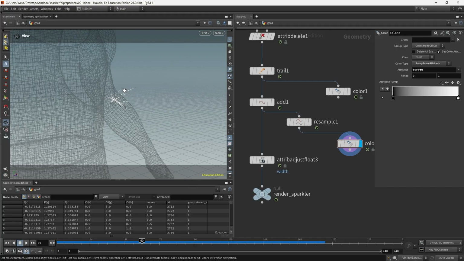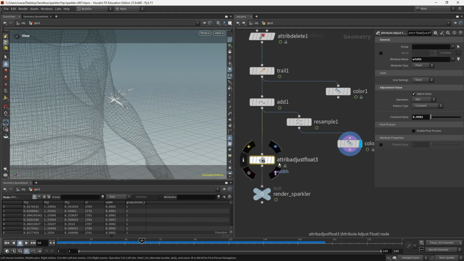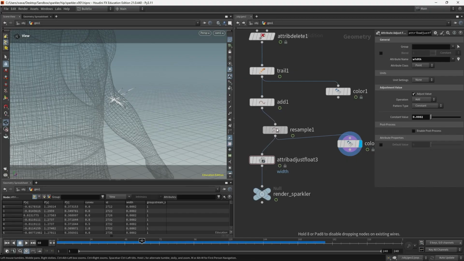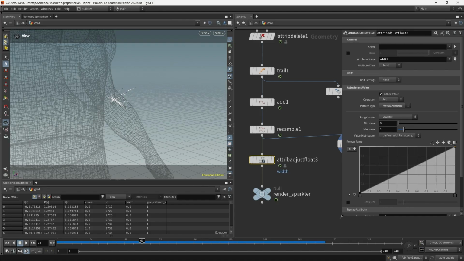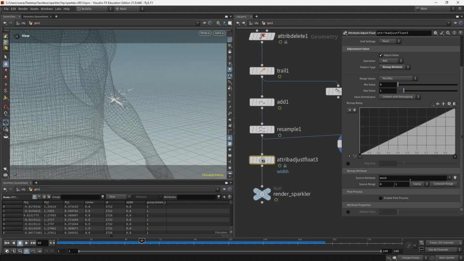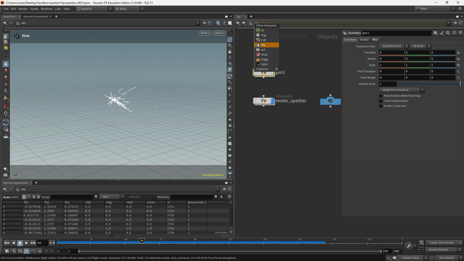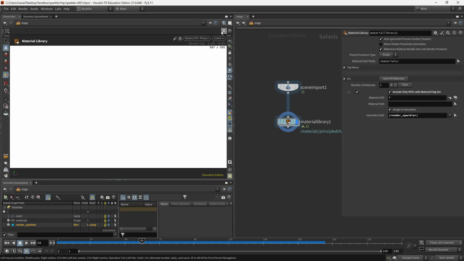So now that I have this attribute, I can use it to remap the width. So I'm just gonna plug the resample node into the width node. And in here, I'm gonna choose remap attribute. And the attribute I want to remap is curveu. And now to see how it looks, I am gonna go back into Solaris. And we got some really big